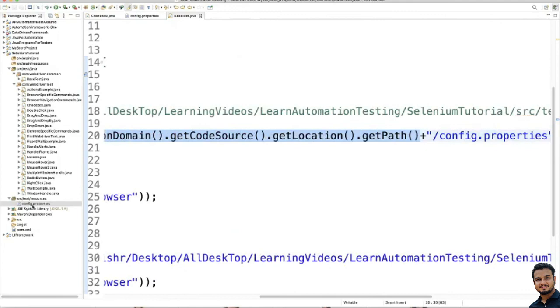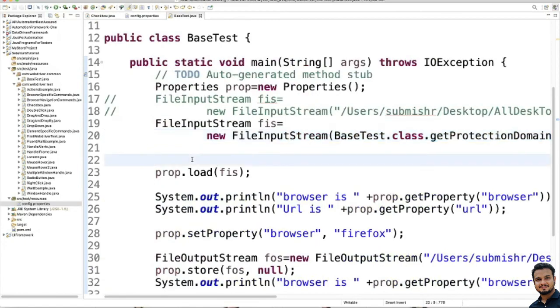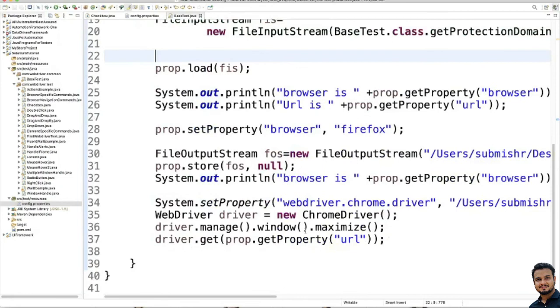Make sure this file is present in your src/test/resources. Now you can run it, it will also do the same thing.